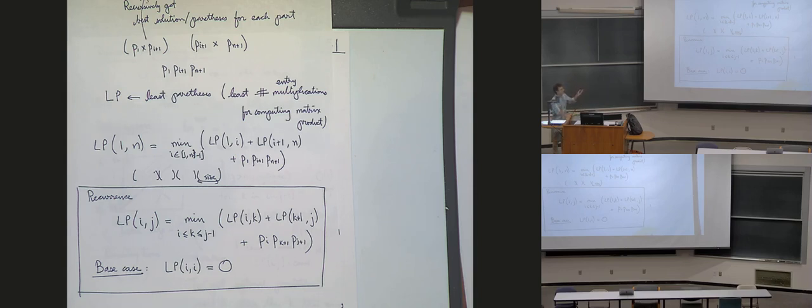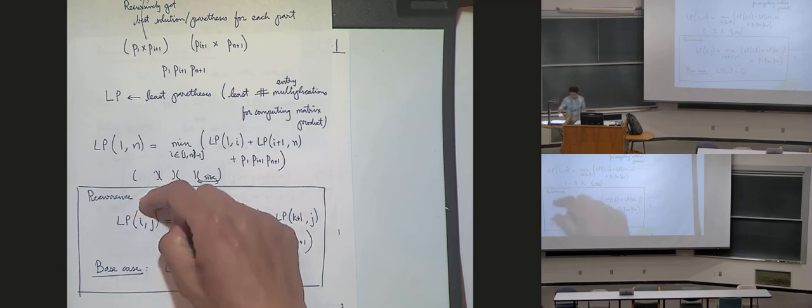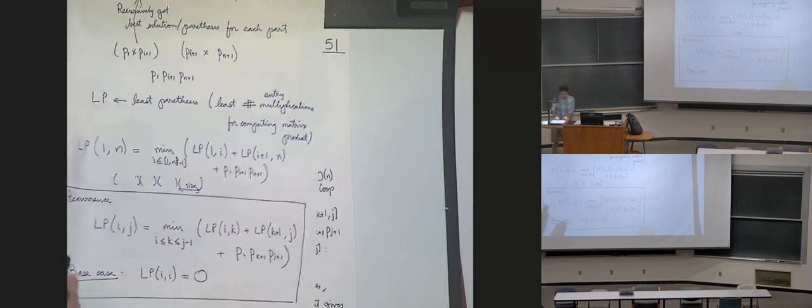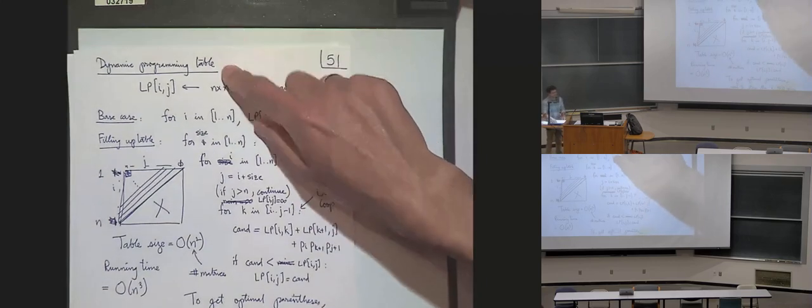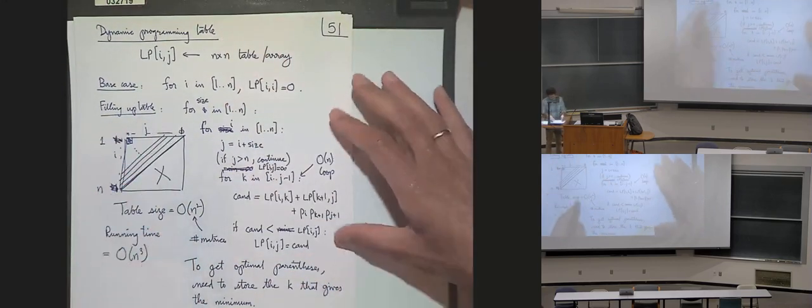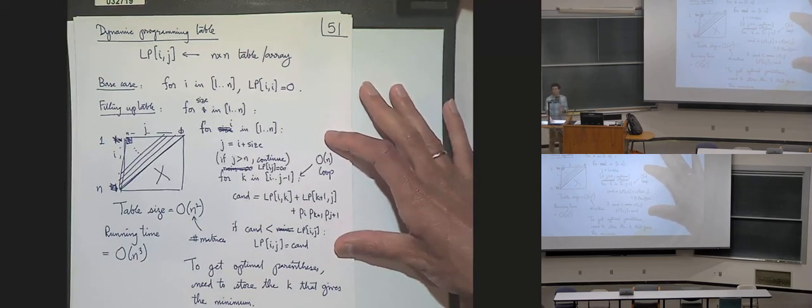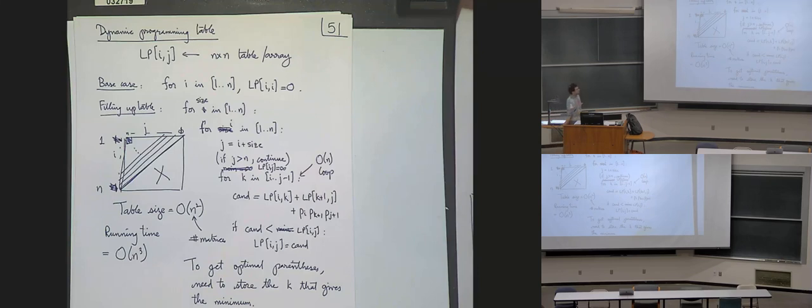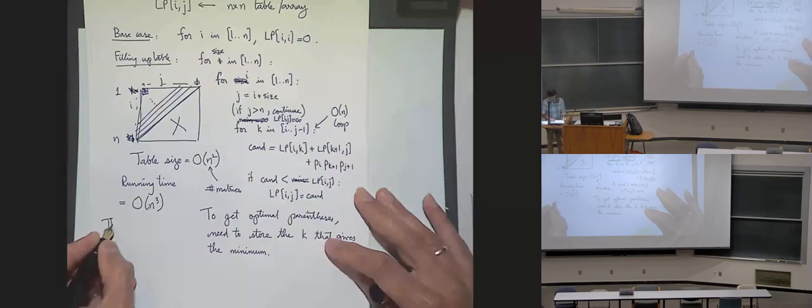But definitely do homework 4 where you have to do many of these. And whenever you write the solution, write it in this way so that you know exactly what you're doing. So there are all the steps: the recurrence, the base case, the table size, and the runtime. Of course, my code over here might have indexing issues, and if you write something which has indexing issues, it's completely fine. I'm going to ignore that. It's better to explain